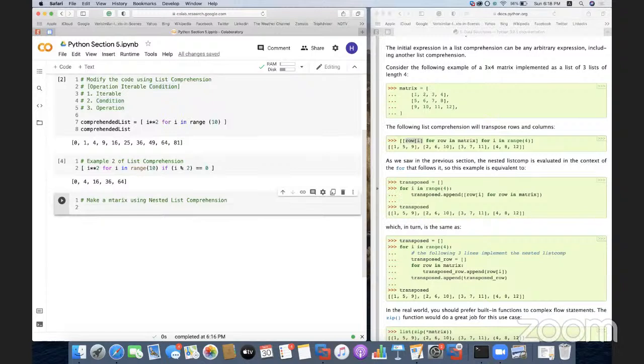Now, so you're going to make a matrix using the nested list comprehension. So here what we have is, first we have an iterable for I in range of 10, let's say. So first we are going to explore from all these values from 0 to 9. Now, what I want to do is, I want to write another iterable. Now this another iterable is going to loop up with respect to